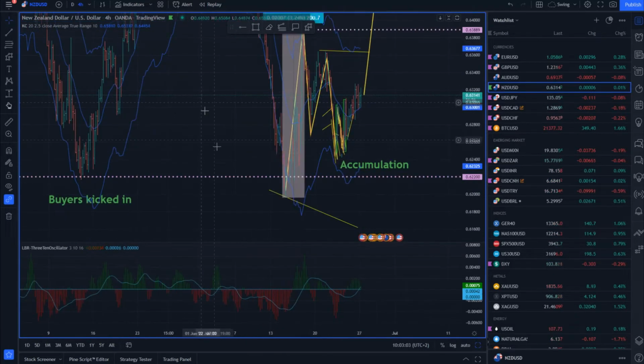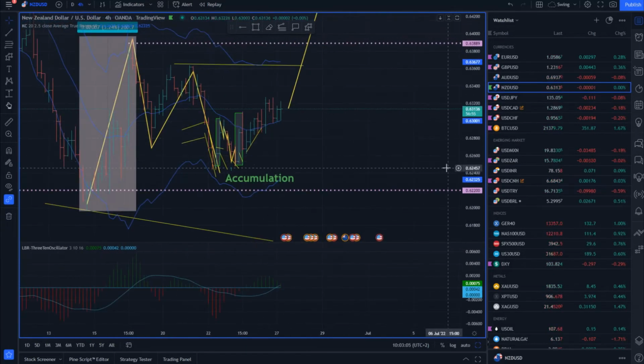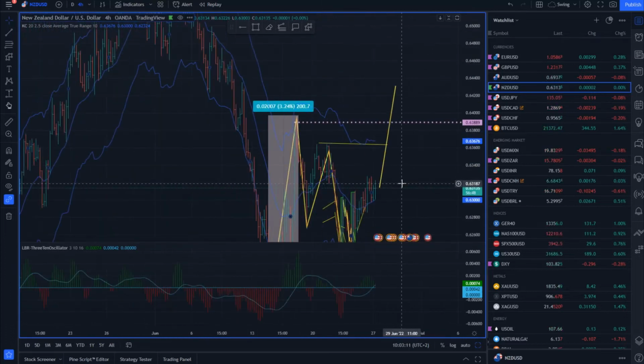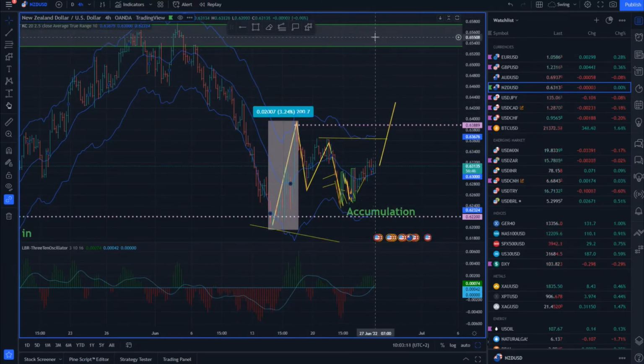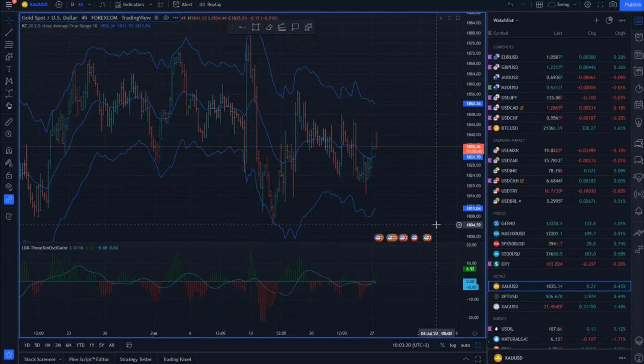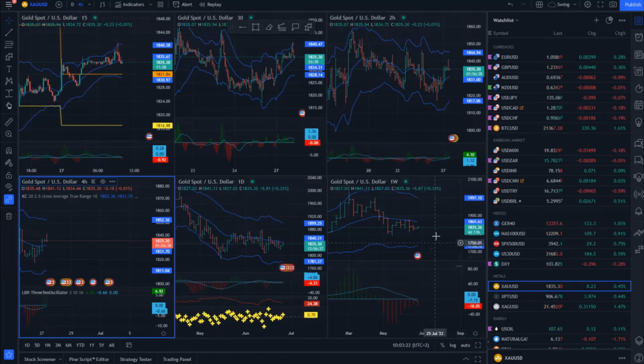So my advice, based on the current structure and the current regime, is to watch for buying opportunities on intraday dips on the New Zealand dollar versus US dollar with the upside objectives on the upside references that I mentioned. So speaking of the gold market, it is still in a heavy sideways regime, and we can see on